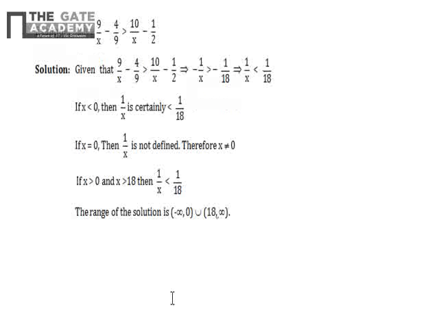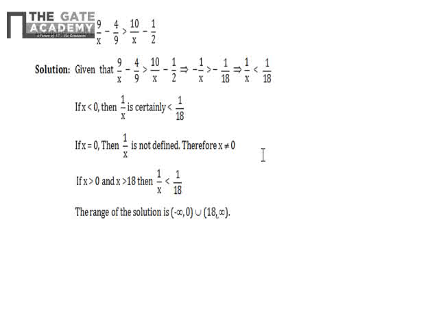This is a very good example. Here the question is this. When we start solving this, we'll get 1 by x less than 1 by 18. Now, as we do in an equation where 1 by x is equal to 1 by 18 is given, you directly take the reciprocal on both sides and you get x equal to 18. But in the case of inequality, this is not the proper method. You'll have to get the value of x by trial and error.